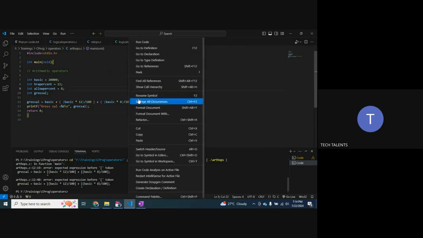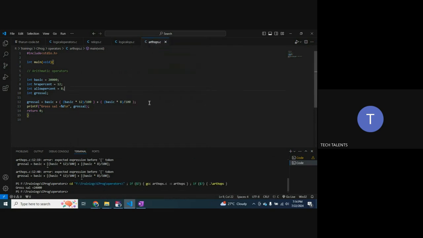So if I run this code, see this, the gross salary is 24,000. It is coming. Gross salary is 24,000. Okay. So now assume that there are some deductions for this person. So deductions means something